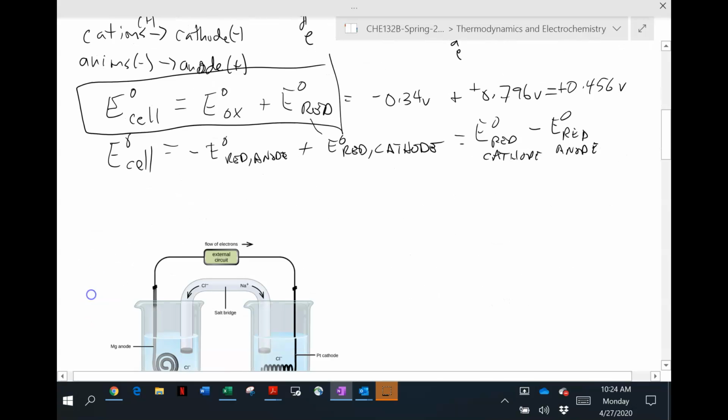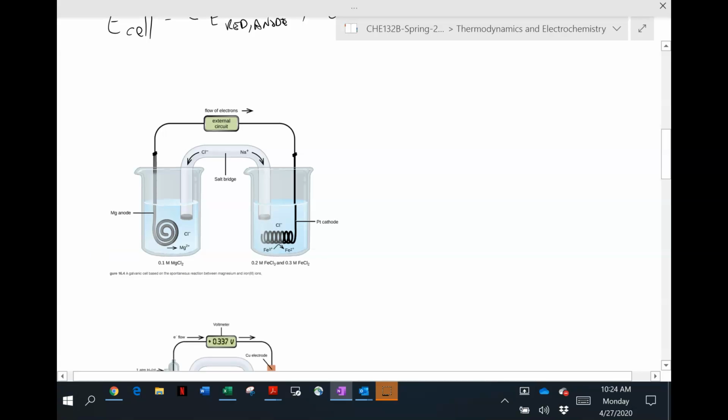All right, let's look at another cell. So here is another cell, and again, I'm just pulling examples from your book, so you can certainly look in the OpenStax book and find where these figures are and have an understanding of what's going on here. What's going on here is we have magnesium going to magnesium plus 2. We have iron plus 3 going to iron plus 2. Now you can't make an electrode out of iron plus 3 or iron plus 2, so what we have here is an inert platinum